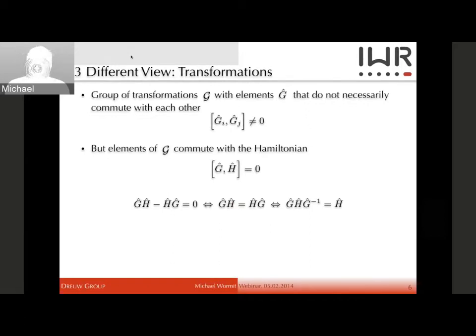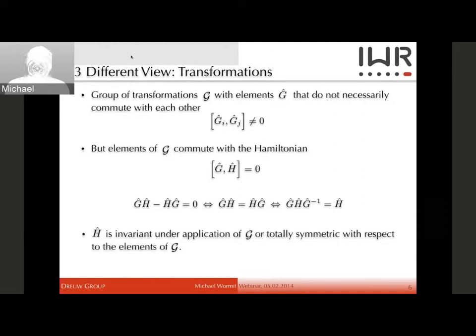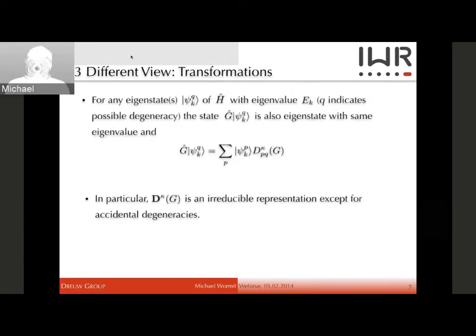a transformation of the Hamiltonian, and this last equation essentially says that the Hamiltonian is invariant under transformation of these group elements, or it is totally symmetric with respect to the elements. Another way of saying it would be it belongs to the totally symmetric irreducible representation, or it transforms like the totally symmetric irreducible representation. All right, and the consequence of this is that for any eigenstate